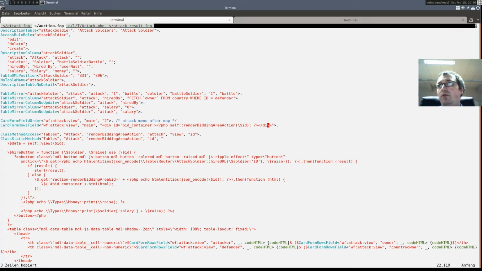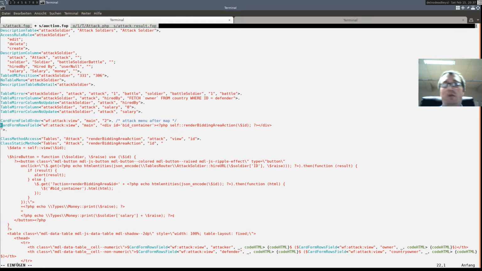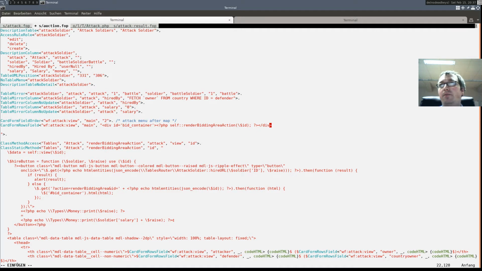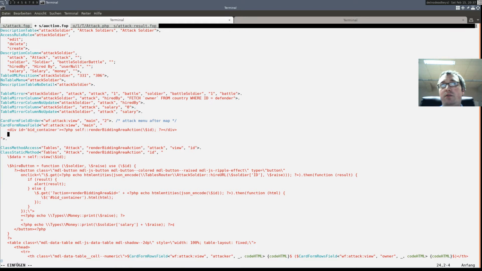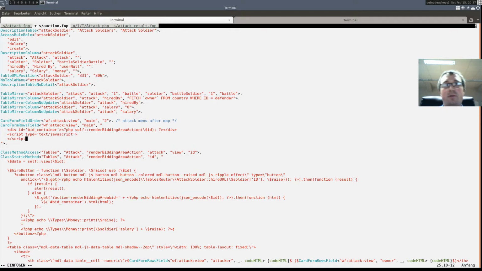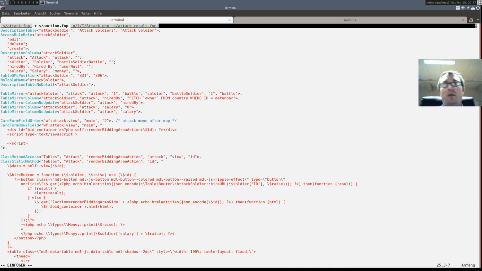So let's add a little bit of code here. So after our bid container, we have an additional script. Type text JavaScript, $function.